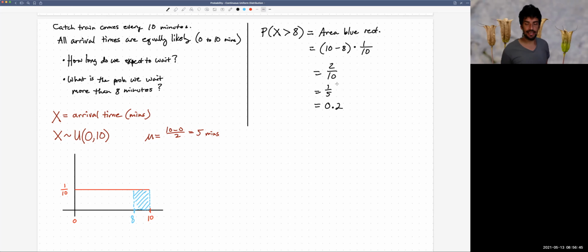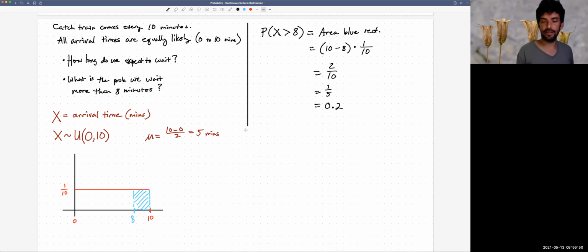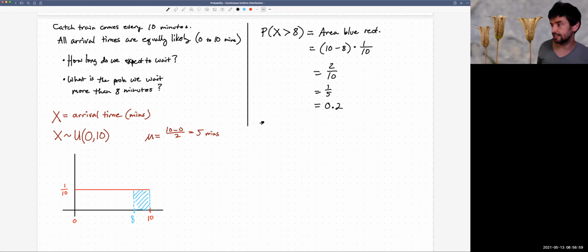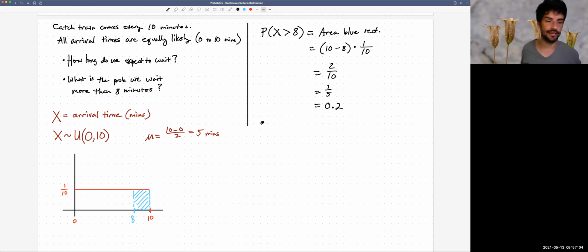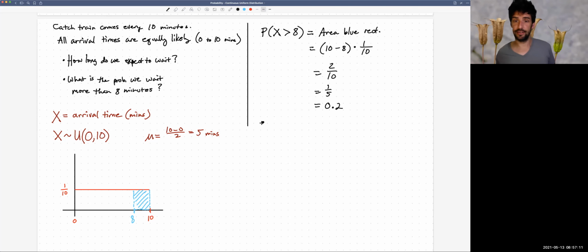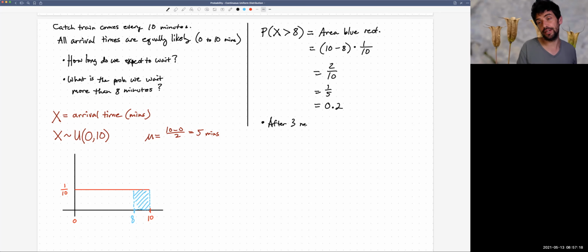Okay, let's slightly complicate this situation now. Let's ask a similar question. So let's say we show up, everything's the same. I know I have up to 10 minutes to wait. All the times are equally likely. And I know if the train doesn't arrive before 8 minutes, I'm going to be late. So I sit there nervously, hoping it shows up soon, and I wait 3 minutes, and it still hasn't shown up. So now the question is, after 3 minutes,